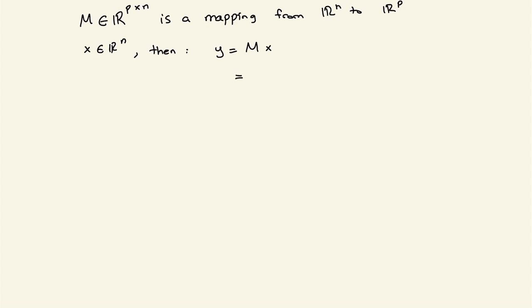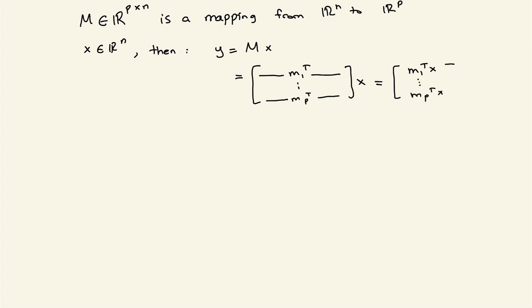We can represent this as m1 transpose all the way up to mp transpose multiplied by this vector x. In other words, we can write it as the inner products m1 transpose x, all the way up to mp transpose x. So the resulting y is in